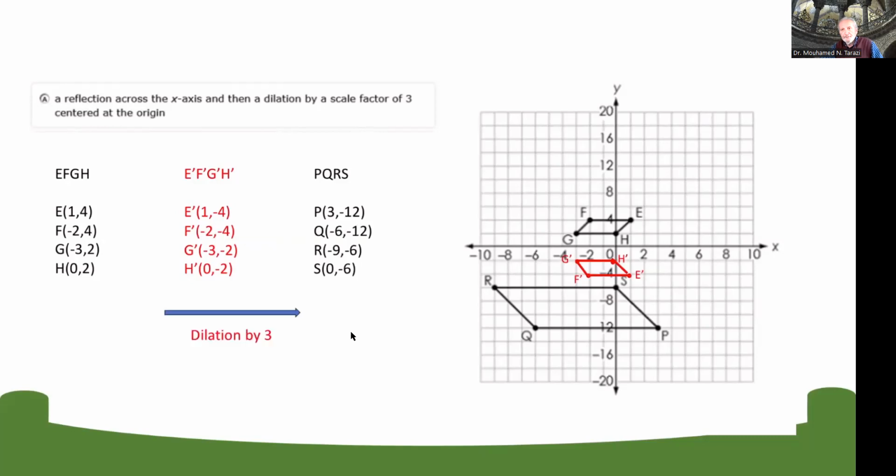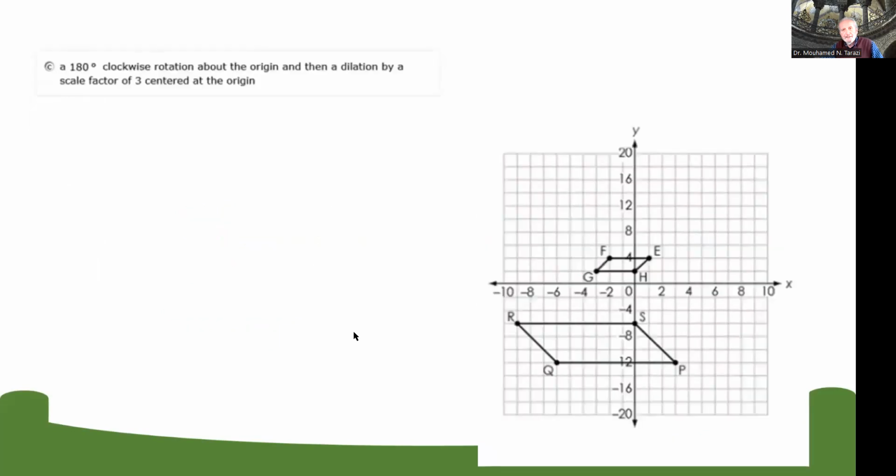That looks like a dilation by 3. So I got it. This is the good option. This is my answer. Now, if by chance you started looking at the other option C to see if it's good or not, a clockwise rotation about the origin and then a dilation by a scale factor of 3 centered at the origin. So when you do the calculation here to do the rotation,